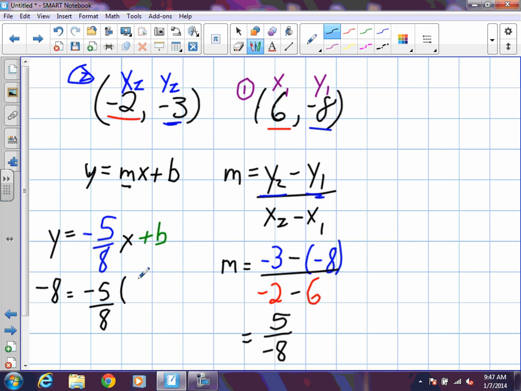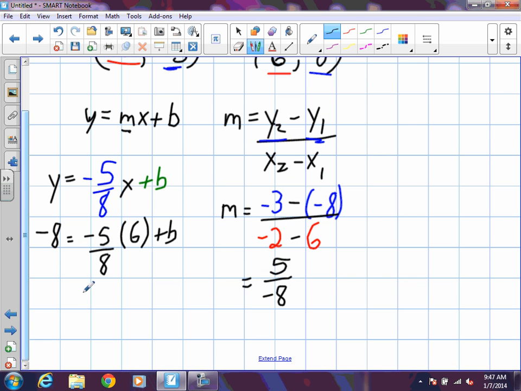So we have to remember our fraction rules for this. Okay? When I multiply fractions, remember I can make 6 a fraction. And when we multiply fractions, top by the top, bottom by the bottom. So I'm going to put the negative on top, or think of it as a negative times a positive value. We know our answer will be negative. 5 times 6 is 30. Good. And what's 8 times 1? Great. Now the goal is to get b by itself, so I need to move this negative 30 over 8 to the other side. So it becomes negative 8 plus